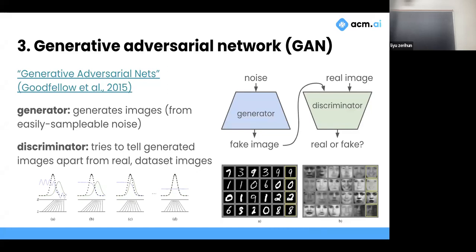During training, we give the generator some noise. It generates a fake image. This fake image will start out really, really bad. Then we pass this fake image along with a real image to the discriminator, and the discriminator tries to say which one's real and which one's fake. Obviously, in the real world, you would pass in a much bigger batch of fake images and a much bigger batch of real images, mix them together, and the discriminator has to tell them apart. But the point is, we train both of these concurrently.